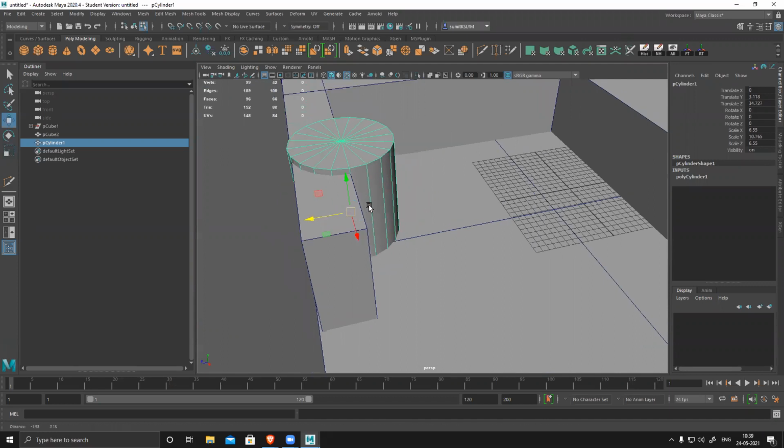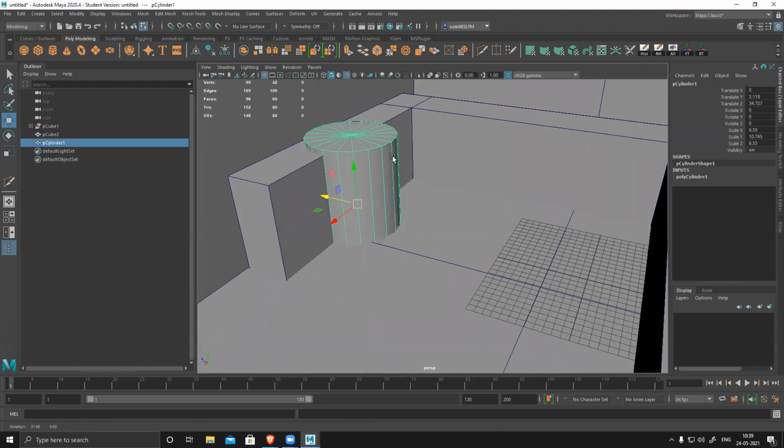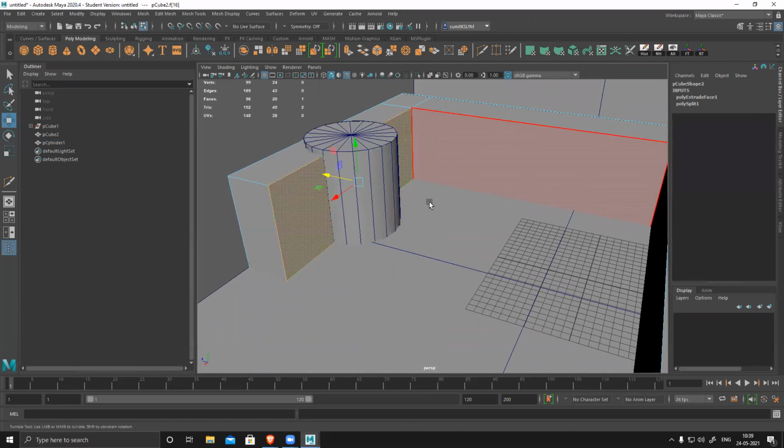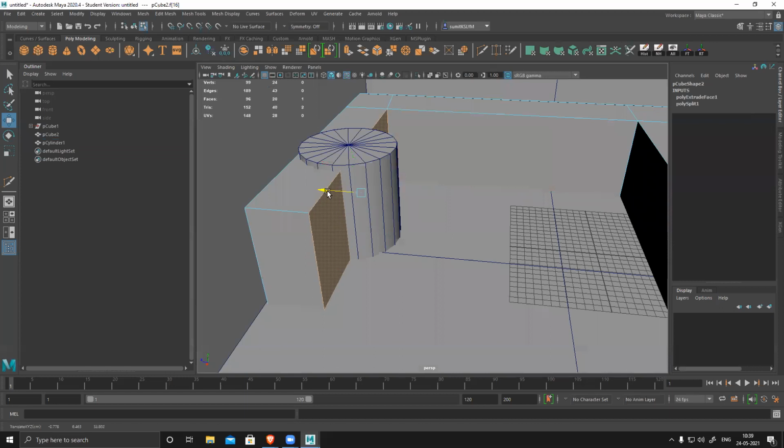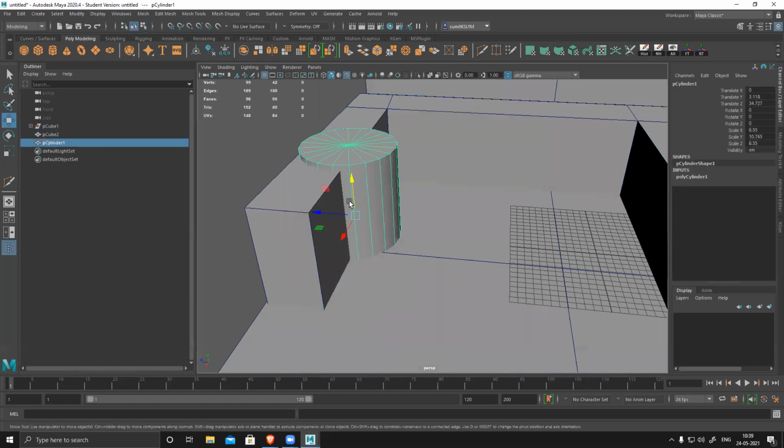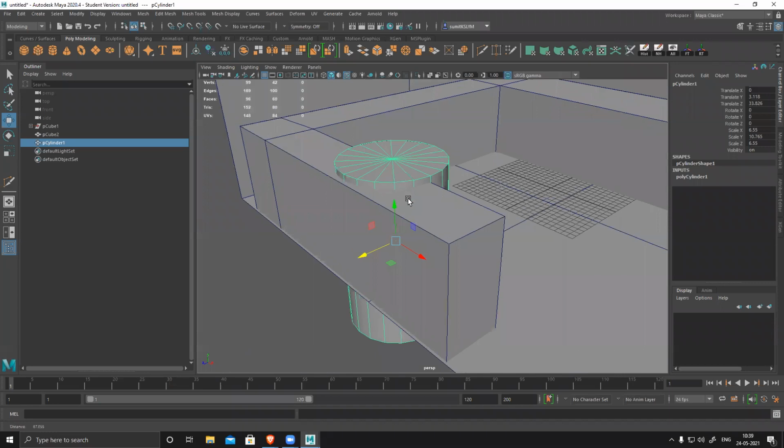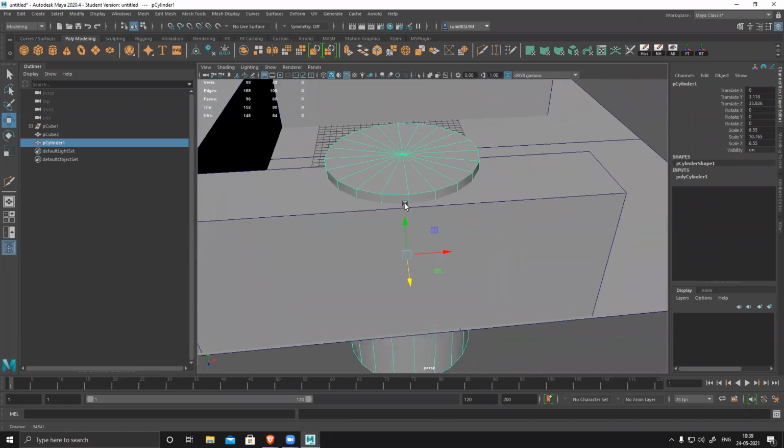I want to create the circular shape, so I'm just placing a cylinder here, and I can see how many cuts I need here.